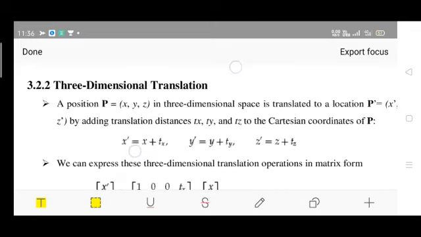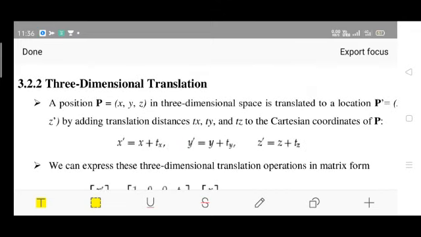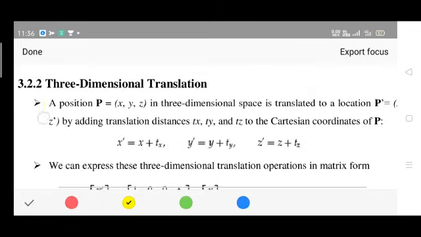Earlier for the translation we have taken the point as P equal to x comma y. You can recall the contents from my previous video. I told you to note down the things, right? Check your notebook, it must be there. Even you have to note down these concepts as well. Now we are defining a very simple concept. If you have understood the previous topics, these topics will definitely be easier for you.